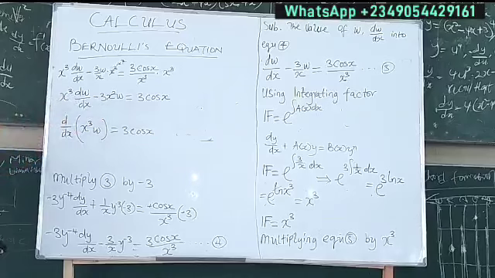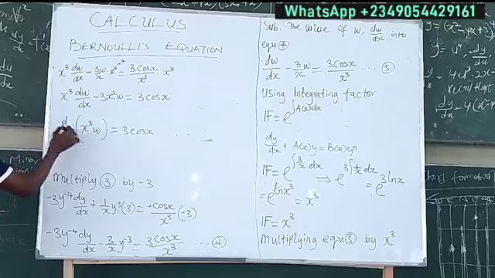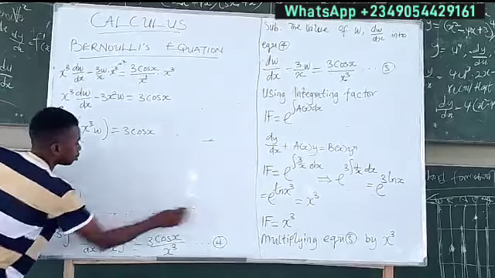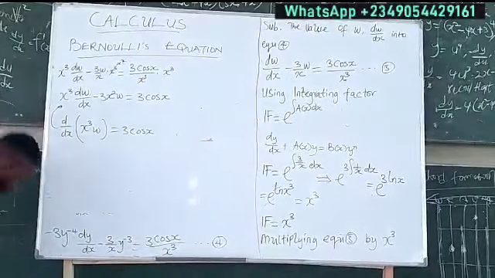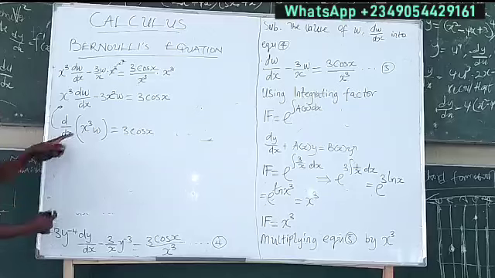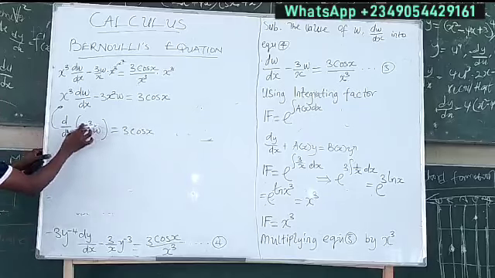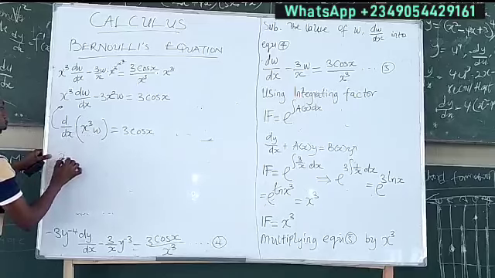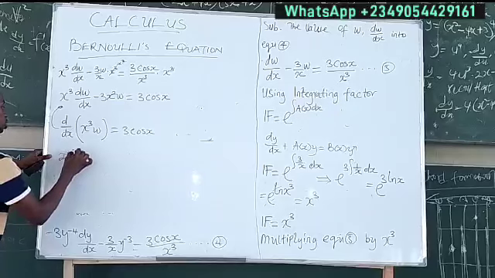We can use the product rule. If you apply the product rule to this form, you are going to get back this equation. Let's try it for example so that we can be clear. From our product rule, let x raised to the power 3 be u. Let's keep w constant and differentiate this one. If we differentiate this one, we'll get 2x raised to the power